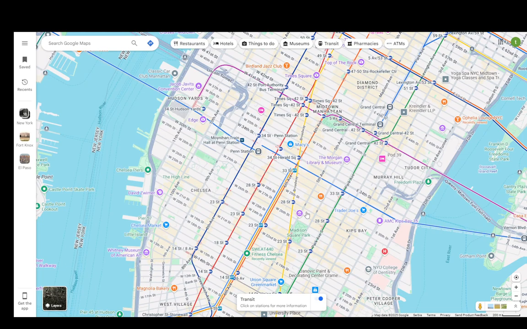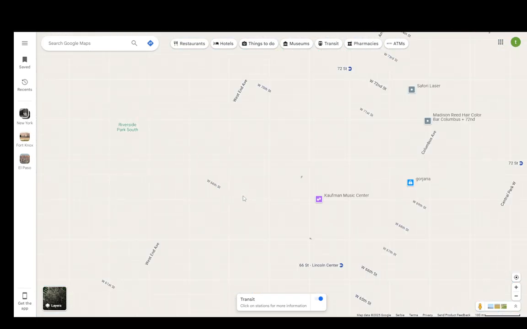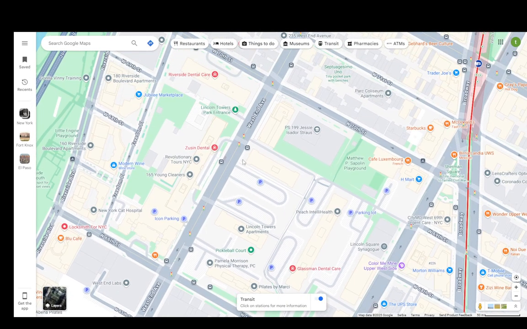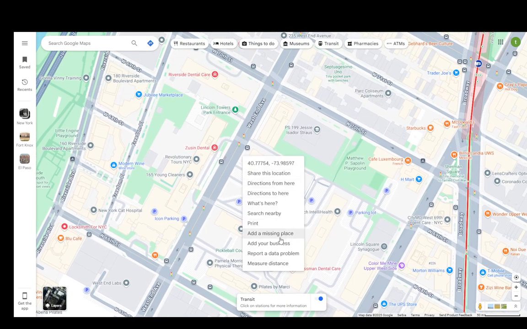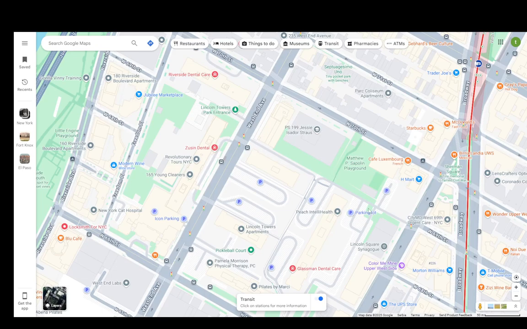So to do SEO on Google Maps, what you need to do is actually place your business on Google Maps. So you're going to want to choose whichever location your business is currently located at, right click it, and then go add your business. And that's going to open up the create menu in the Google Business Center, and you should enter a business name and everything if you don't already have it, but if you do, you'll be able to set up your